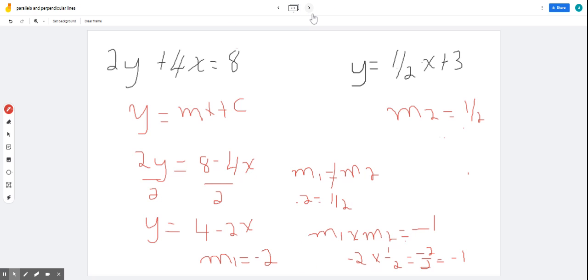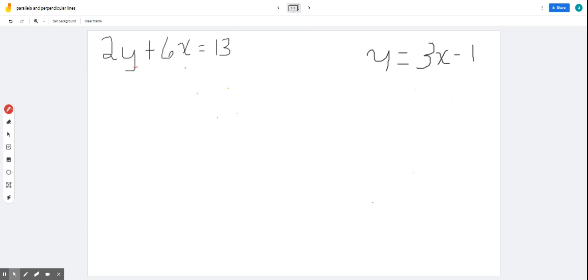Right? Remember, you have to change everything into the form y equals mx plus c. So the same thing for the second pair. We can see for this line, the first line here, our gradient is equal to 3. Over here, we're going to put it in the form y equals mx plus c. So it's going to be 2y equals 13 minus 6x. Because we're trying to isolate y, we divide everything by 2. So we end up with y equals 6.5